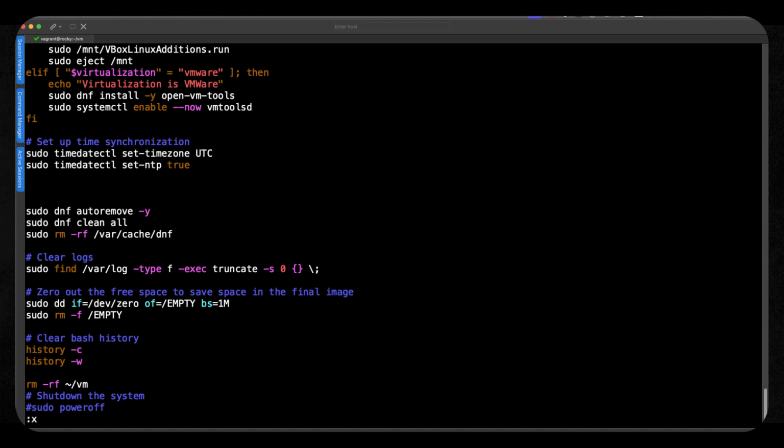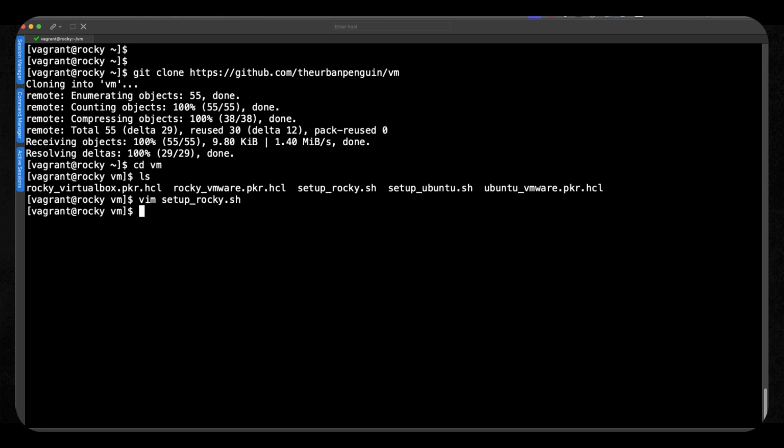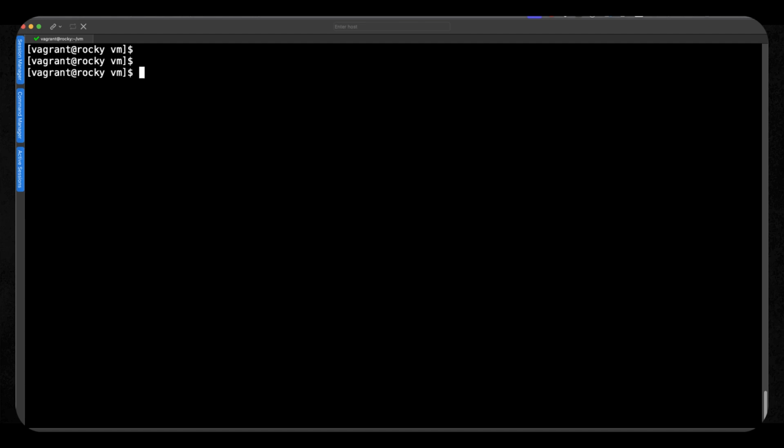So I can then go through and close all of this down. I can run my Control and L to clear my screen, just so it becomes a little bit more focused on what we're looking at. And then from here, I can go through and run sudo and bash, and then execute my script, setup_rocky.sh.